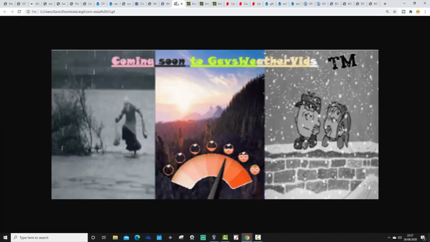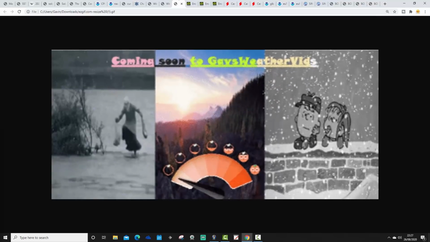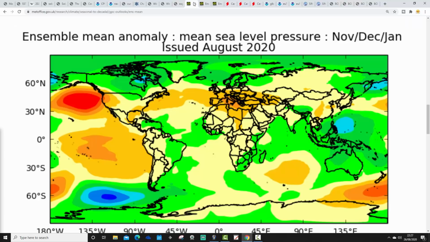And of course, let's not forget James Aquila, Analog's Guru, will be hard at work as well. And then last but not least, we're going to have all of these long-range models as well. So as well as all of these winter updates, we're going to have 3 seasonal model roundups where we get all of the long-range models together at the end of September, at the end of October, at the end of November too. We'll get them all together and see what they're all showing.